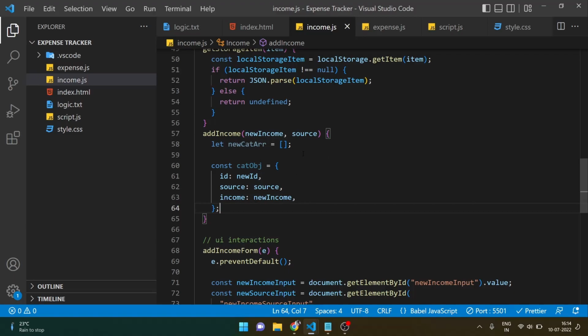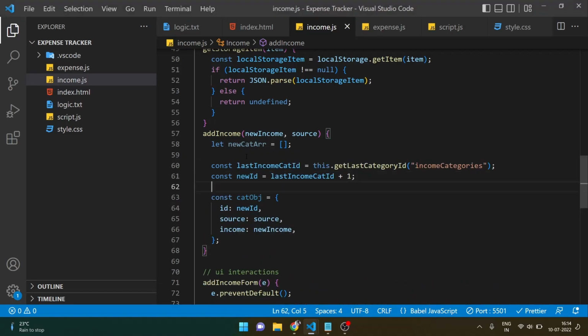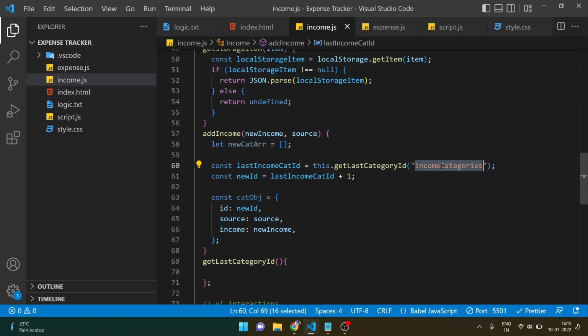And this method can be used in both income and the budget, so it's okay to make a new function for it. So what I'm going to do is I will use this line of code to get the last category id that is from the income categories, and I'm going to add 1 into this id. So to define this function, let me make a new function just below this, and what it is going to do is it will take this key and it will get me the last